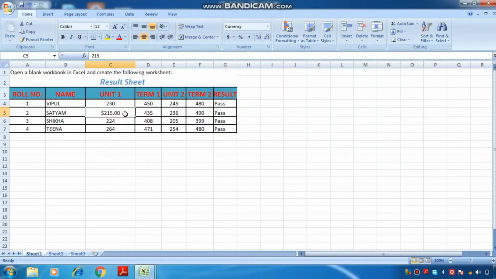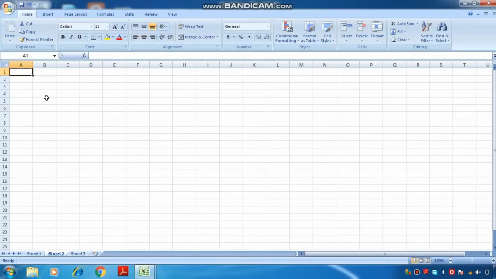Now the next topic is aligning the cell value, meaning how we can align the cell values. Aligning means setting the position of your data in a cell. By default, numbers are aligned to the right. Here I will show you. Suppose I have a new sheet, and I write numbers like 1, 2, 3. Here you can see the numbers are aligned to the right, by default, in the right corner.